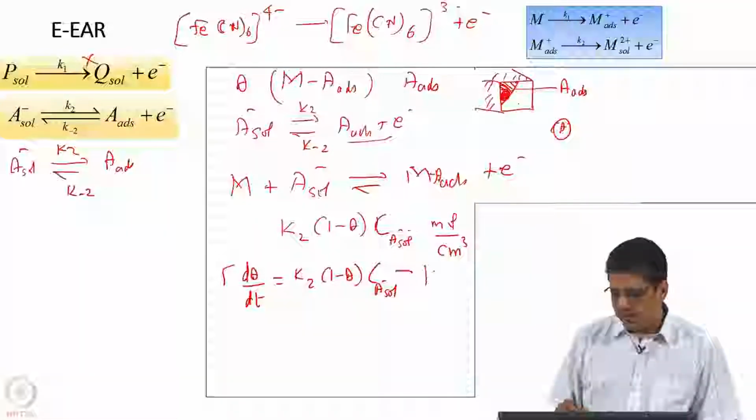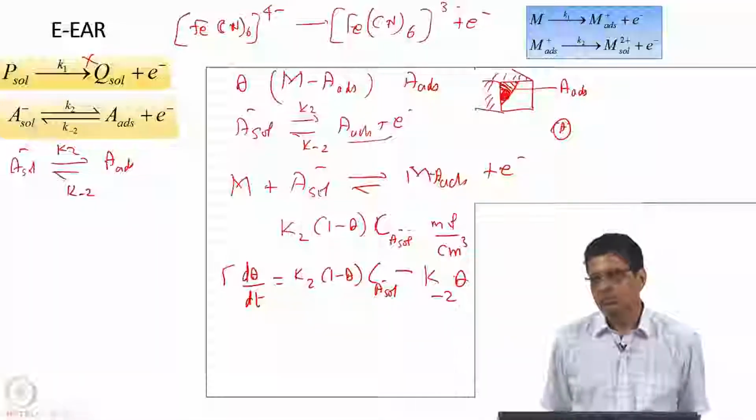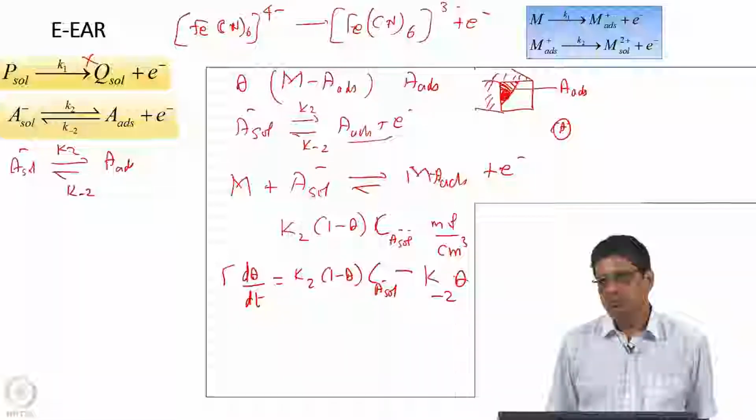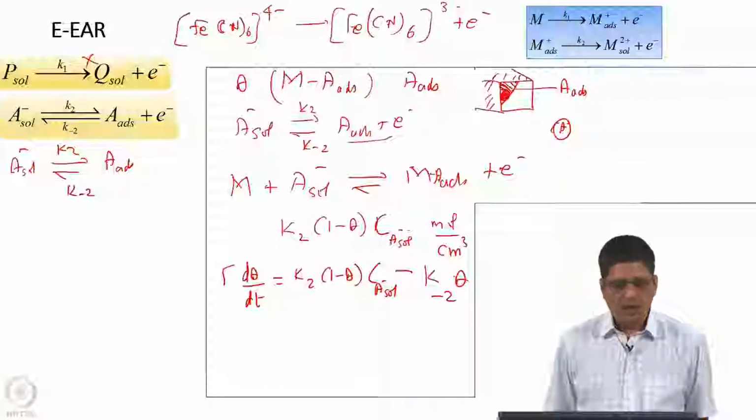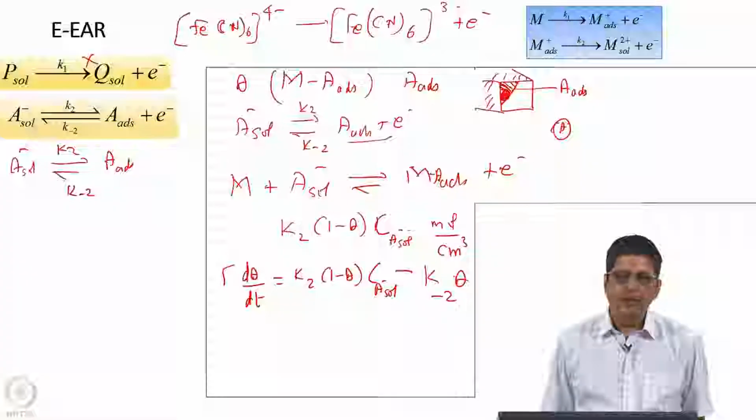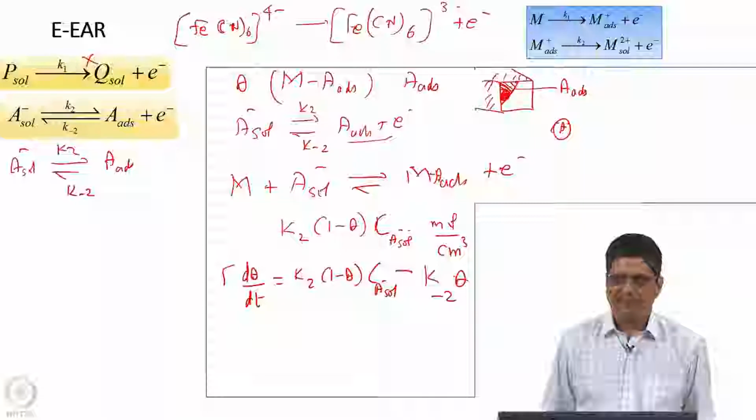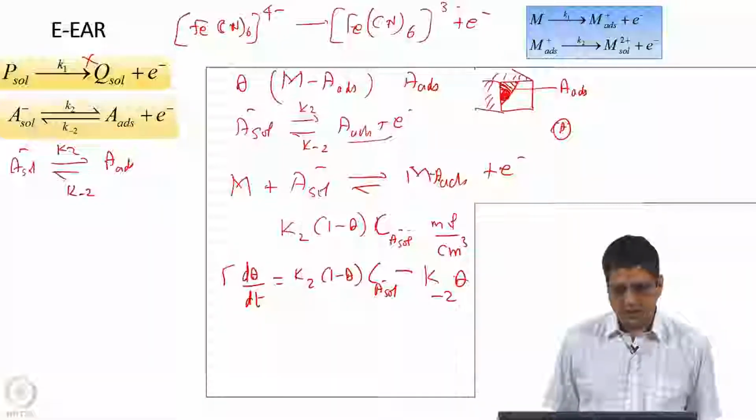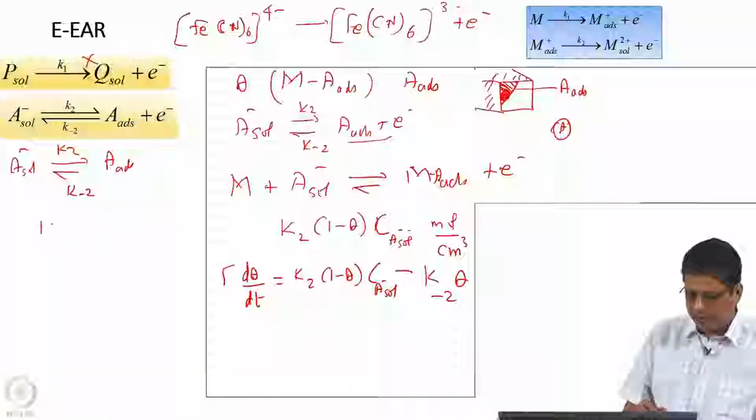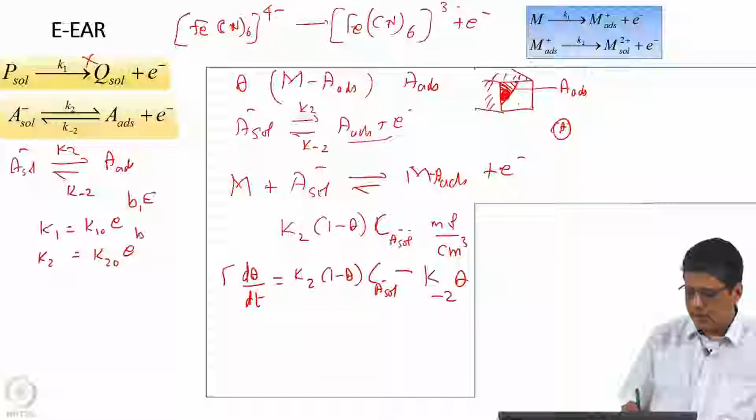What is going to be the rate of the reverse reaction? K minus 2 theta. Now, K1, K2, K minus 2, will they depend on potential? All of them will depend on potential. So, we are going to write that as K2 is equal to K2 0 exponential